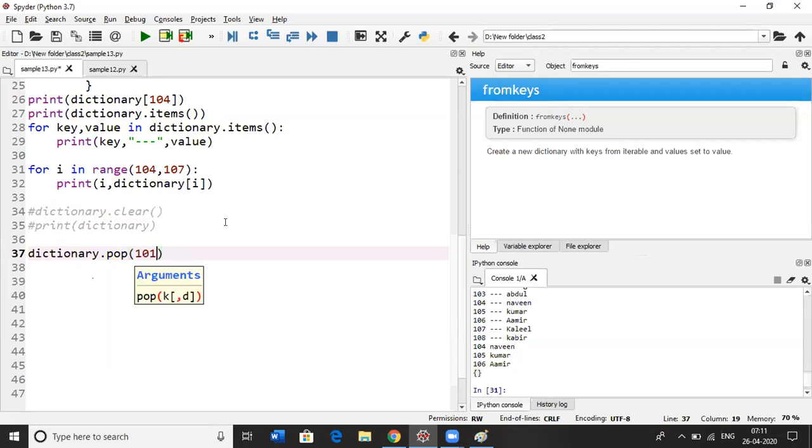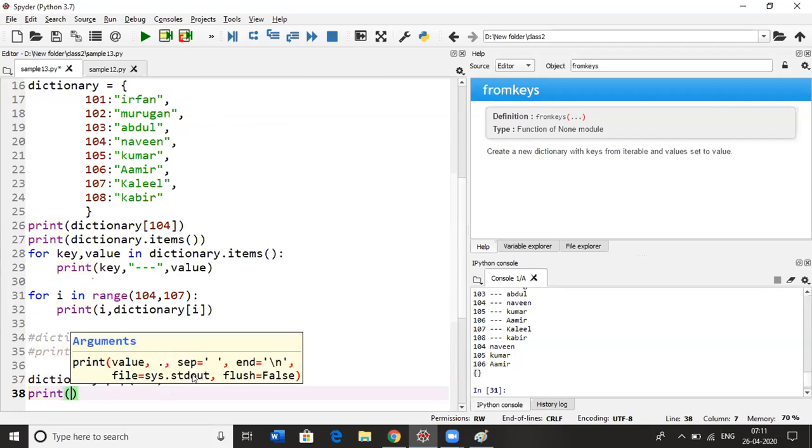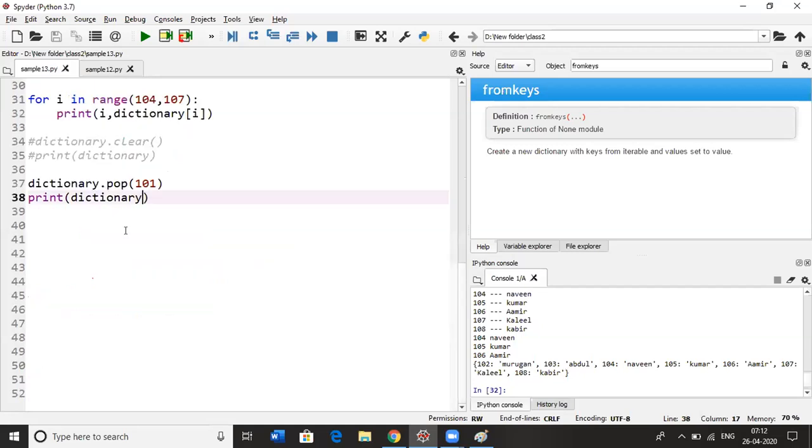Say if I give 101, it will delete the 101 key-value pair. So it's deleted the 101 key-value pair. You can use that, and you can also use the del keyword.